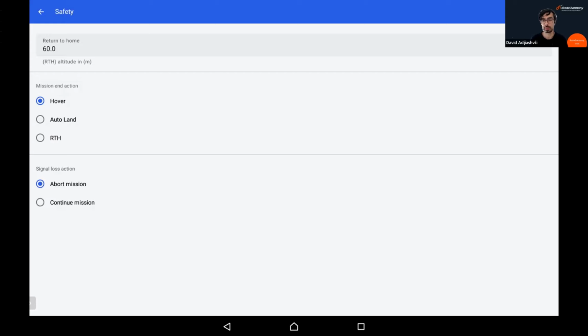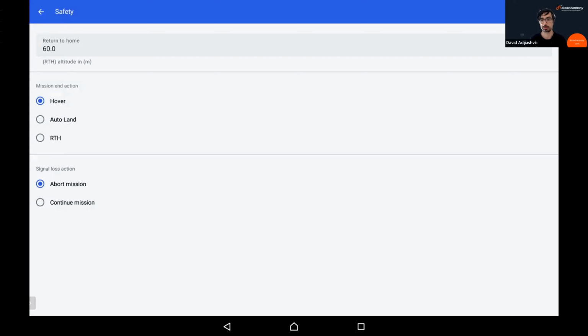And what happens when the signal is lost? If you're flying waypoint mode, then you have a choice between aborting the mission or continuing the mission. So you fly out of the signal range, the remote controller is no longer in touch with the drone, maybe because it's behind the building that you're inspecting or something like that. But you can choose to continue the mission using the uploaded batch of waypoints. So again, for a drone like the M300, which no longer has limits on the length of the waypoint mission that can be uploaded,